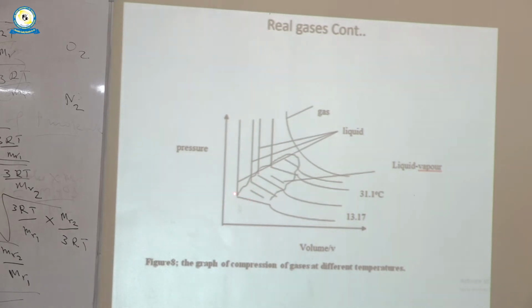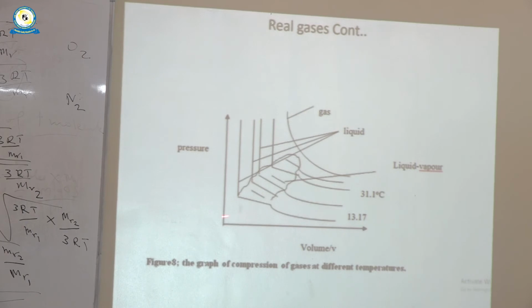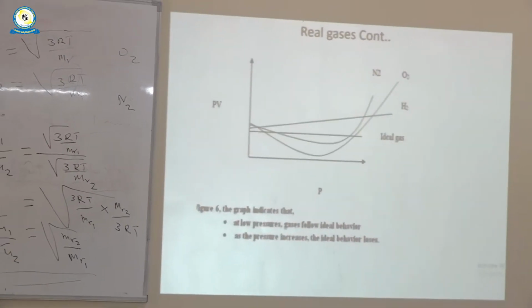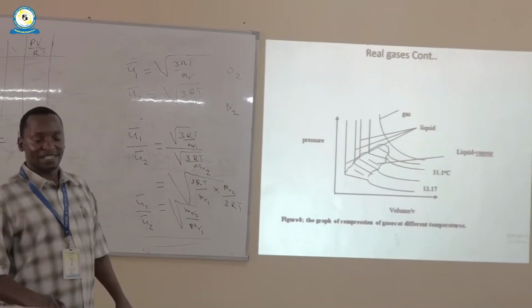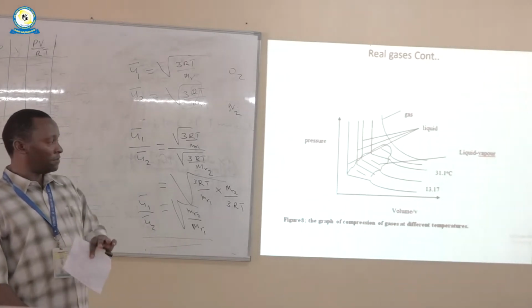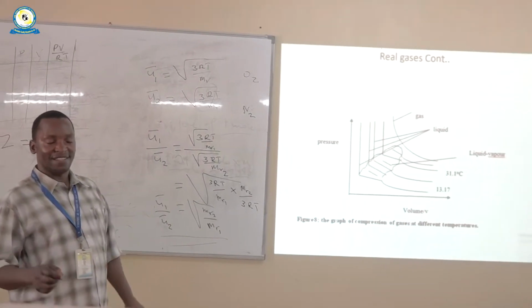At a certain point again, the pressure increases, but the volume does not show any change. This area is the point of liquefaction for gases, where they are liquefied: the pressure becomes very high and the temperature becomes very low. So those three are among the practical indicators that show that gases do deviate from ideal gas behavior.